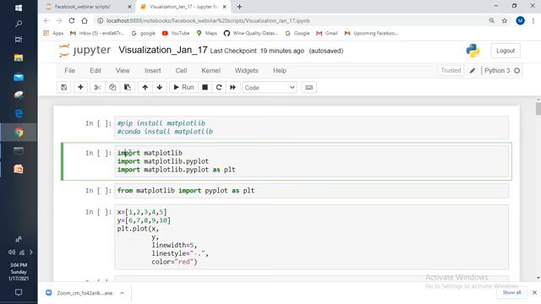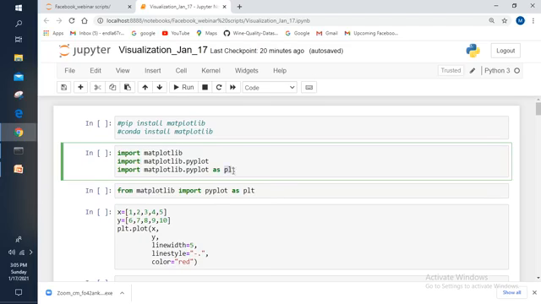Just importing matplotlib is of no use, because there are a number of modules under this library, and we need to import the module required based on your requirement. Here I'm importing the pyplot module from the matplotlib library using the import statement. Every time I don't want to type matplotlib.pyplot, matplotlib.pyplot like that, so I'm going to take an alias name for it.